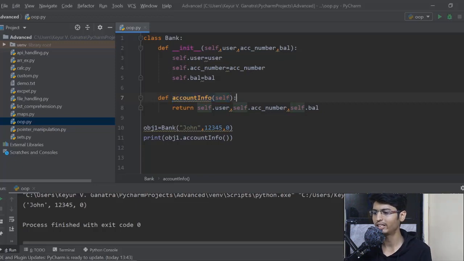So are we calling this init method? No. As discussed, a constructor gets called automatically. So that is the first point to remember. Now these three parameters that we passed here will go here. So instead of user, this time we will have John, 1 2 3 4 5 and 0. And then we are declaring a variable self.user,